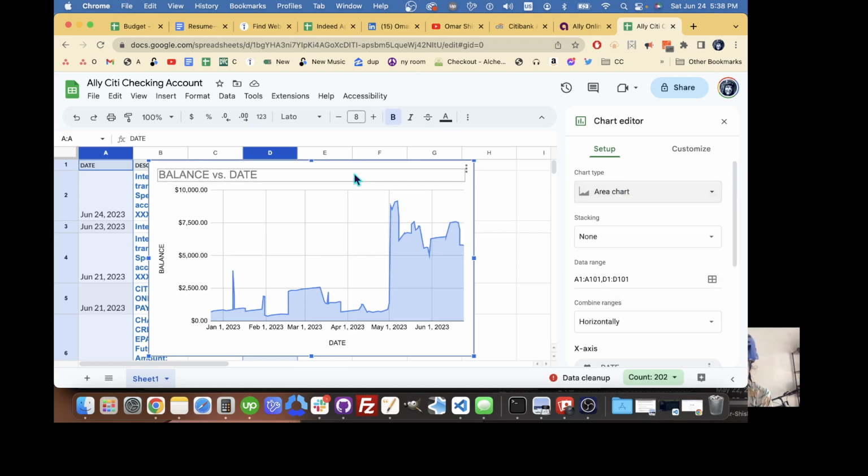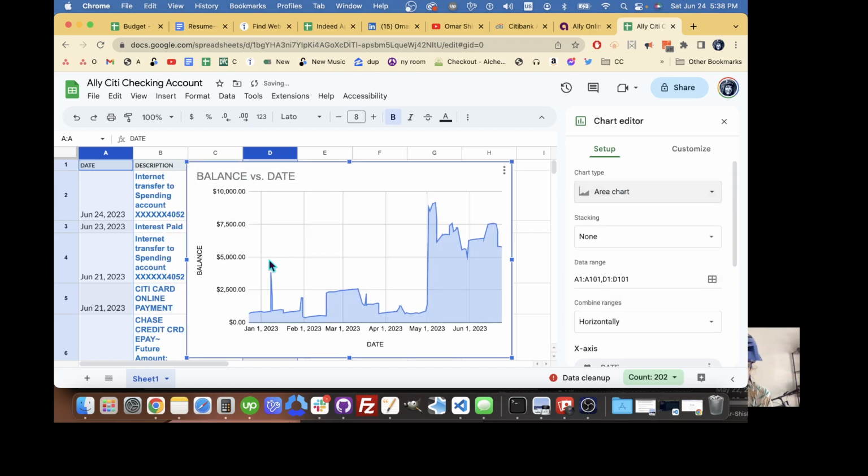So very simple, and it even titles it for you and everything. So that's how you can create a sort of chart based on data in